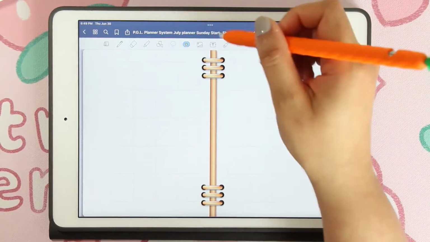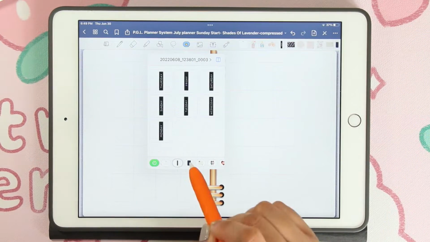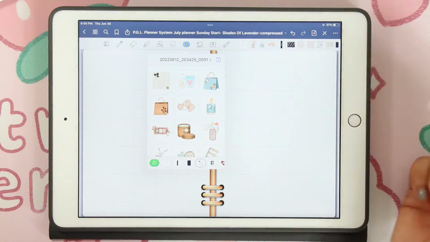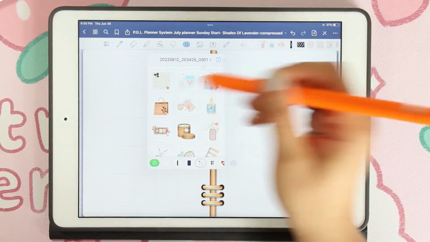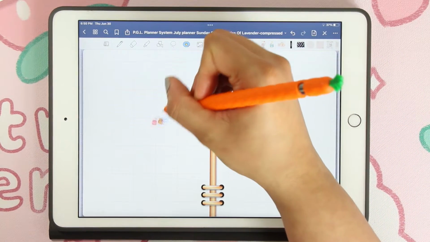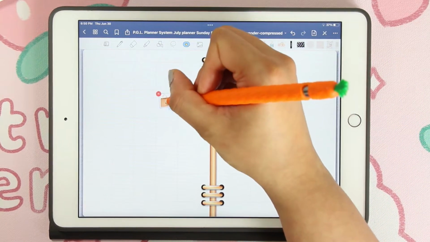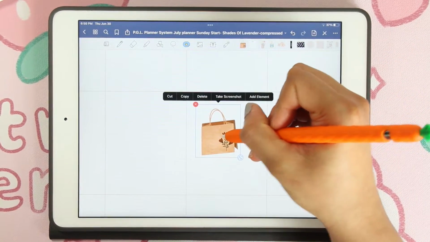So I don't have a whole lot of this planner set inside of here, but we can talk about the decorative stickers, okay? So once you've brought them in and you have your collection, my stickers are nicely sized. You can just zoom them to get them the size that you want them. And the beautiful thing about Goodnotes is if you drag,